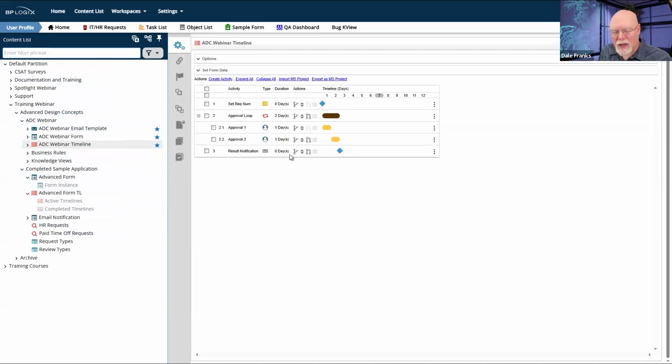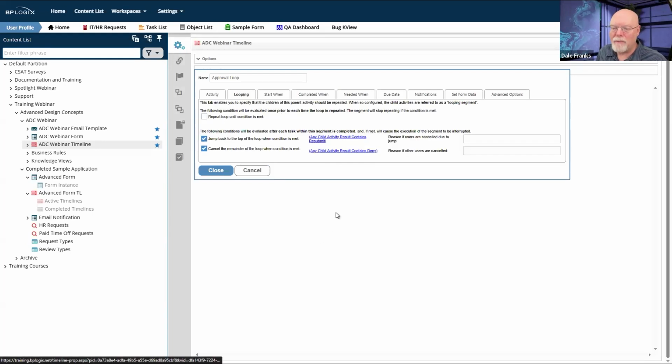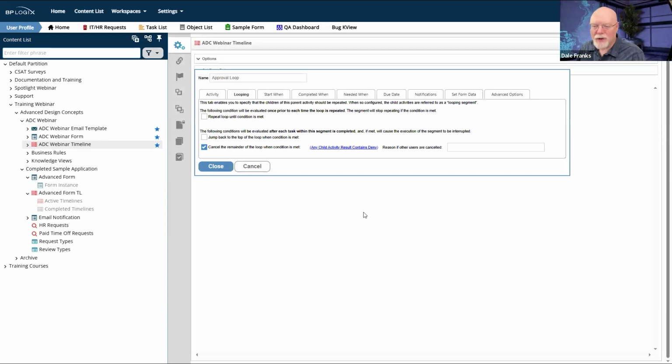So on a process timeline, as I said way back in week 1, if you're going to have any sort of approvals and you're going to go through a sequential set of approvals, best practice is to place it inside an approval loop and to have the approval loop set so that at least one thing happens. Even if you don't care about looping and you don't expect to restart the loop ever, all you need to worry about is how to get out of the loop. You still need to be able to have this cancel the remainder of the loop when the condition is met. That's really the key benefit of the loop.